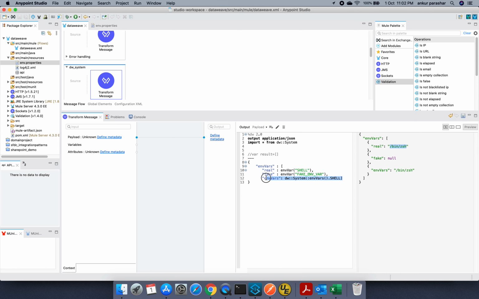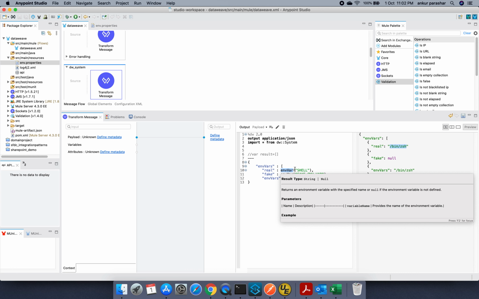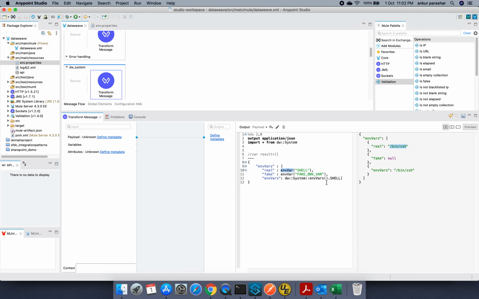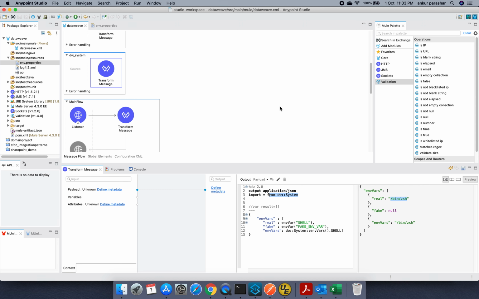The only difference is how we are invoking, either giving the absolute path, or if you have already imported the class file, then this is the better method. Why repeat things when we have already imported the class file? Within the system class in DW, we have only these two functions: environment variable and environment variables. So this was about the system class.